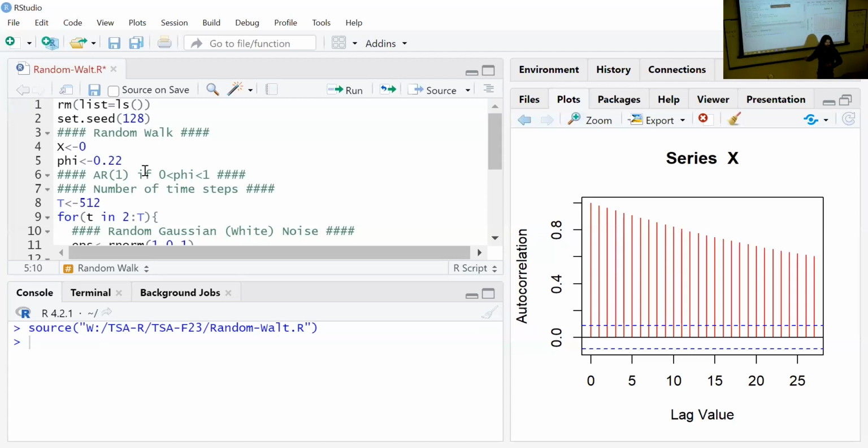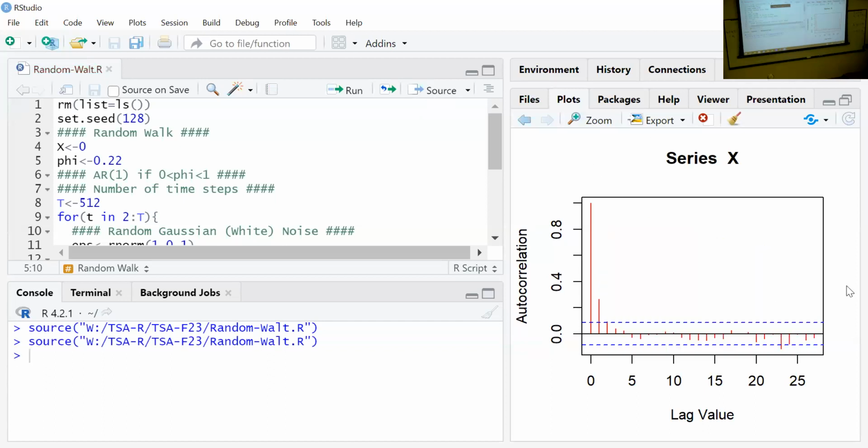No, it can't be, right? What about xt and xt minus 2? If it is an AR1 model, it's probably going to be less. Let's see what happens. So, on this first picture,